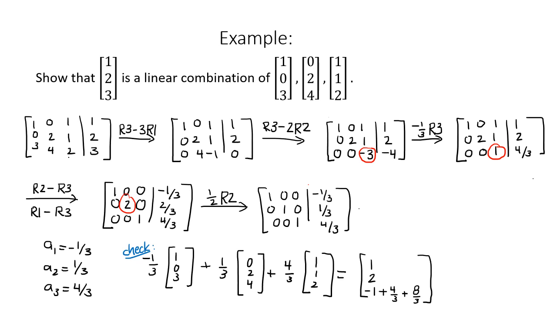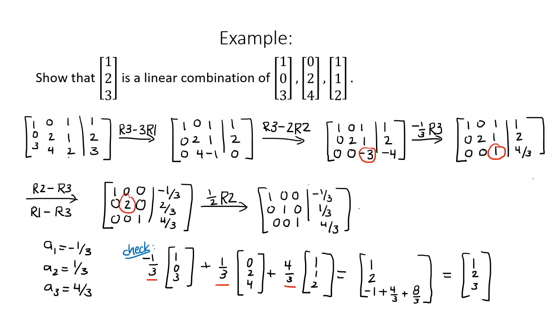4 plus 8 is 12/3, which is 4. Minus 1 is 3. So we end up with 1, 2, 3. So indeed we have found our coefficients that show how to write 1, 2, 3 as a linear combination of